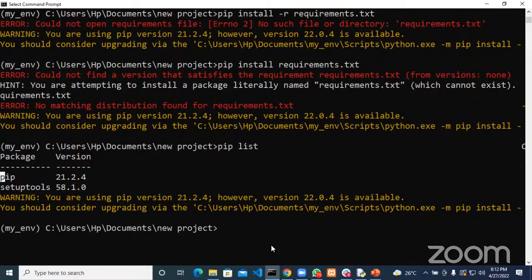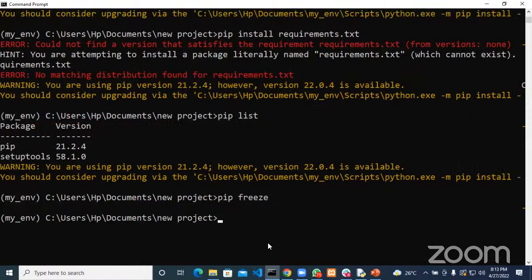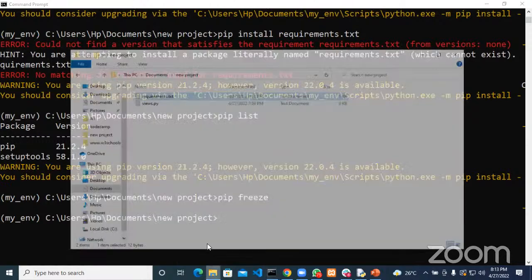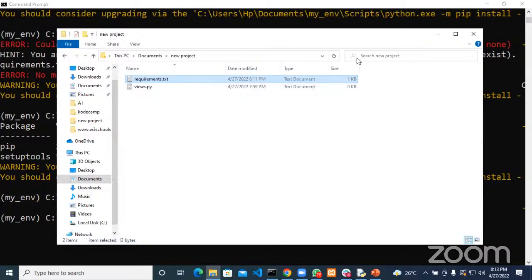Pip freeze, on the other hand, does the same thing. It returns the same list, but in a requirement.txt format. So if you do pip freeze, it returns the same list. Currently, we haven't installed anything yet. So what I was trying to do is install something from this requirement.txt file, and I was having an